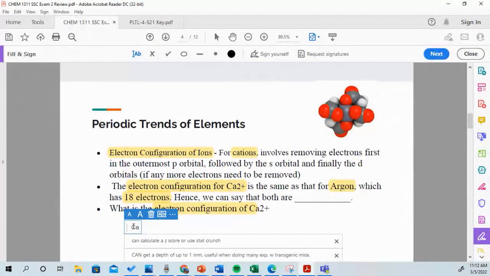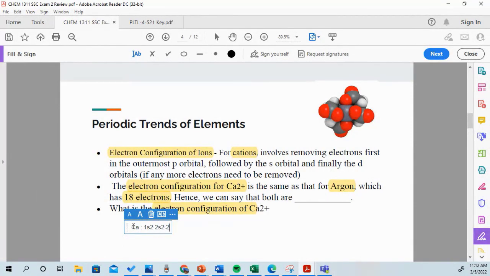So we know Ca regularly is going to be 1s2, 2s2, 2p6. What is your question, Emily, about Ar? Okay, perfect. So regular Ca, calcium, is 1s2, 2s2, 2p6, 3s2, 3p6,